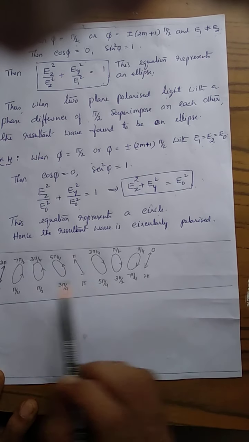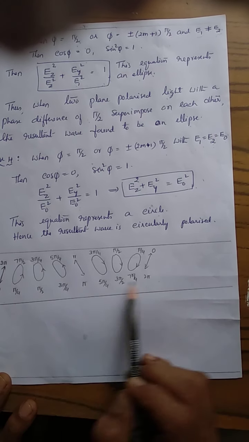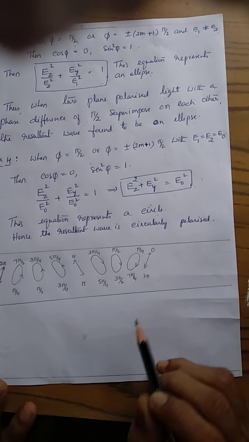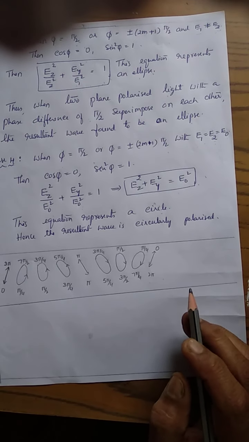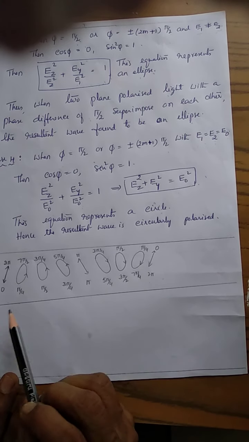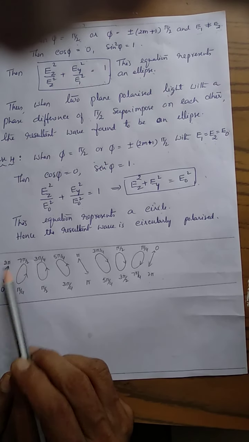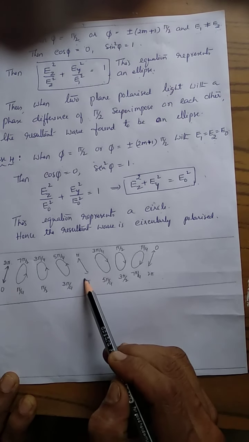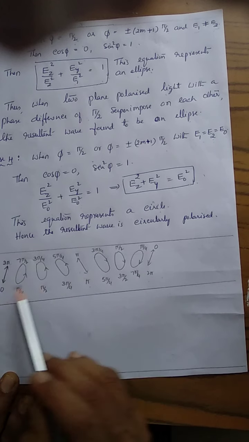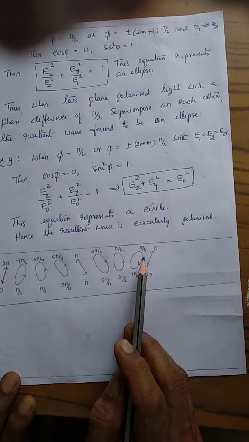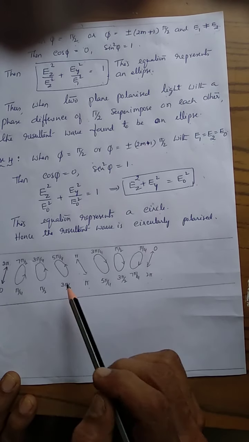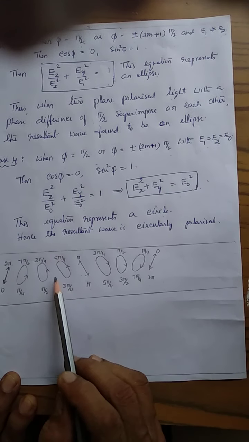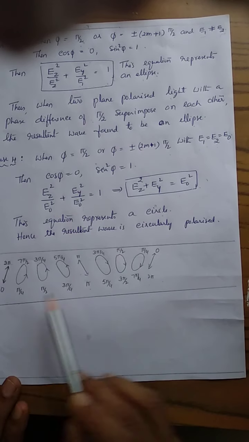These are the different types of polarized beam produced, depending on the phase difference between the two waves which are superposed on each other. For the phase 0, 2 pi or pi, in both cases plane polarized light is produced, but as you can make out, the orientations are exactly opposite. And here elliptically polarized light is produced, but depending on the phase, the directions of polarization are different.